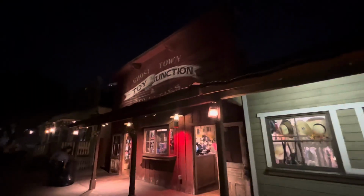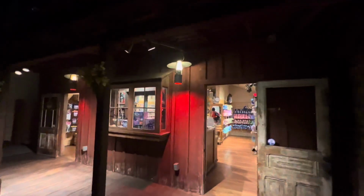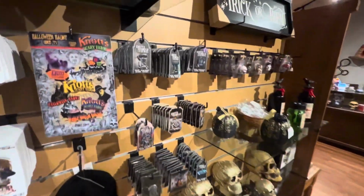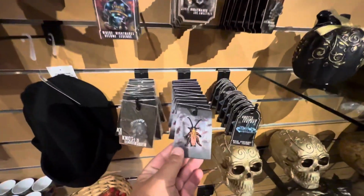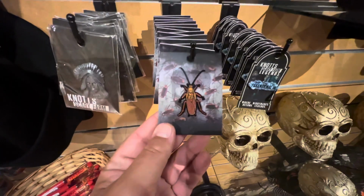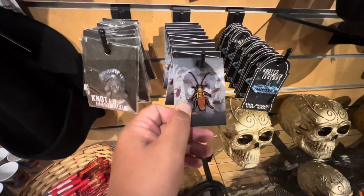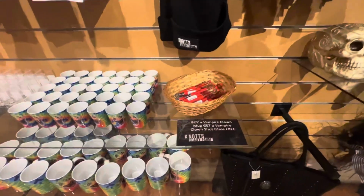All right, if we're talking Scary Farm, we've got to go by the Ghost Town Toy Junction or the Magic Shop and just take a look at the current stock, which we imagine is pretty stale at this point. It always is this time of year, but still, let's take a quick look. All right, here's a look at the current stock there. Pins. I've not seen this. I thought this was maybe the 50th anniversary cockroach pin. It seems to be 2022, so I'm not a pin collector or a cockroach collector,